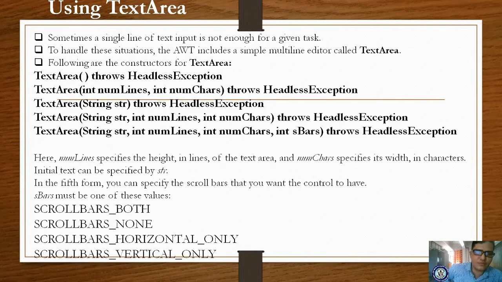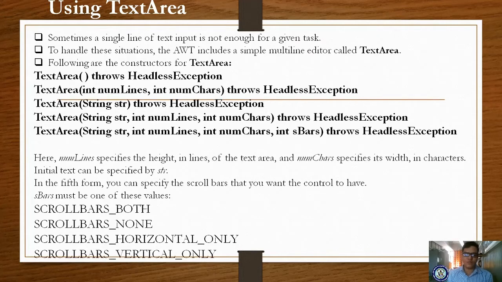It is specified in the fourth and fifth as we are familiar, and here sBars is given. This sBars stands for scroll bars. If you specify the value of scroll bars as both, you get a horizontal scroll bar as well as a vertical scroll bar. If you say scroll bars none, no scroll bars will appear in your text area control.